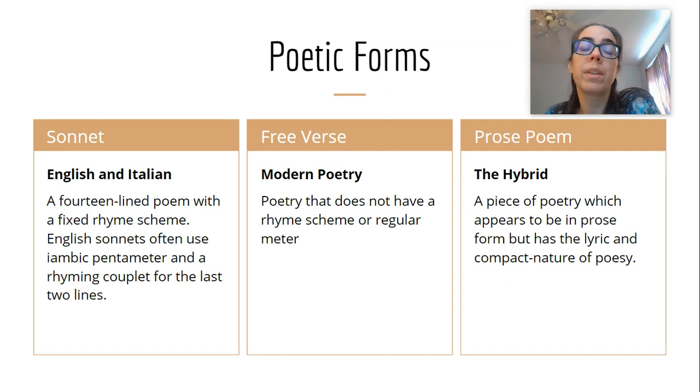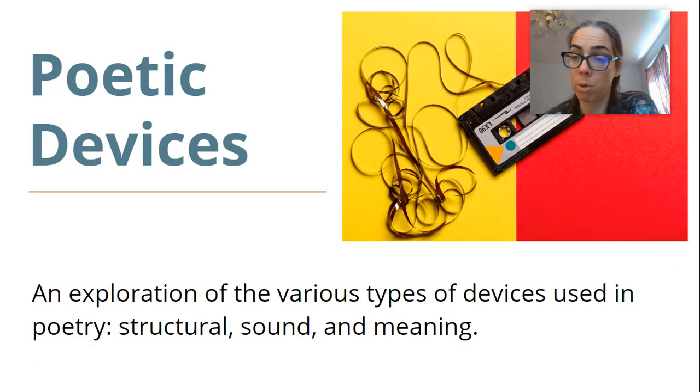Free verse can be the most fun because you get to do whatever you want. You don't have a fixed rhyme scheme. You don't have a regular meter. You can choose what you would like. It's still complicated, but it doesn't necessarily have to have the structure of meter and rhyme. And the prose poem, sorry, it looks like prose. It may even sound a little bit like prose, like it may have a narrative quality to it, but it's going to be lyrical, it's going to be more compact, and it's going to have that thing that poetry has that lets you know that it is not, in fact, prose.